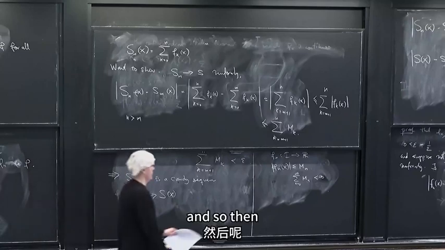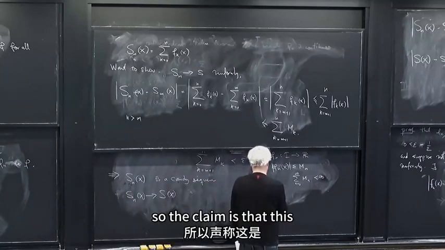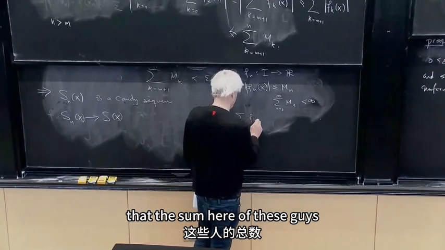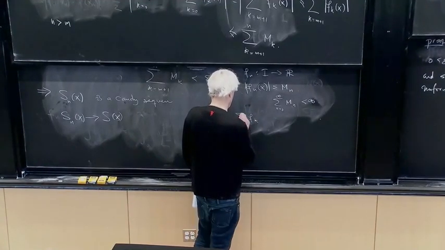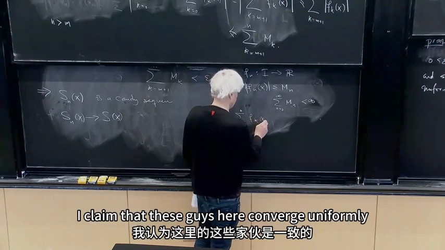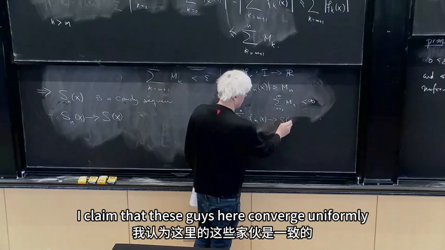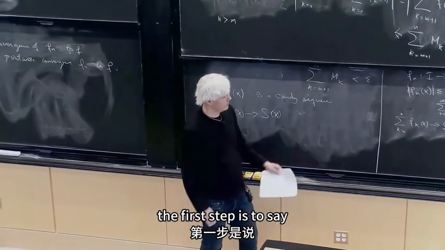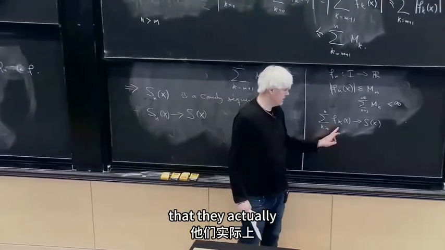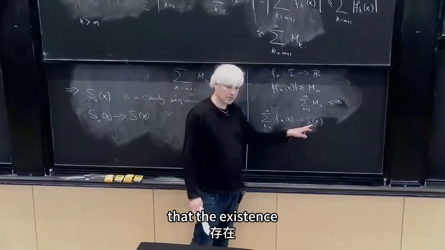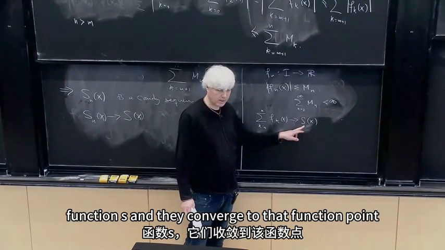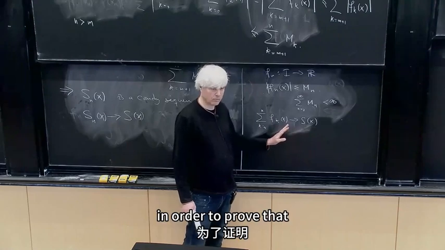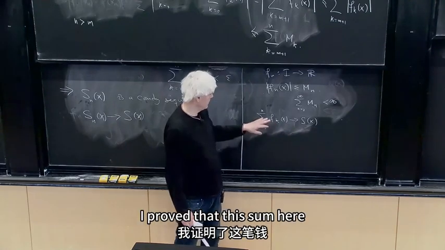And so, the claim is that the sum here of these guys converge uniformly to some function S of x. The first step is to say that there exists some function S, and they converge to that function pointwise. Right? In order to prove that, I proved that